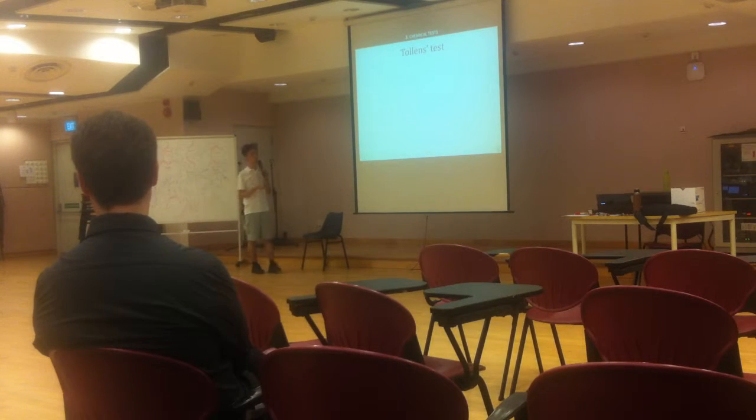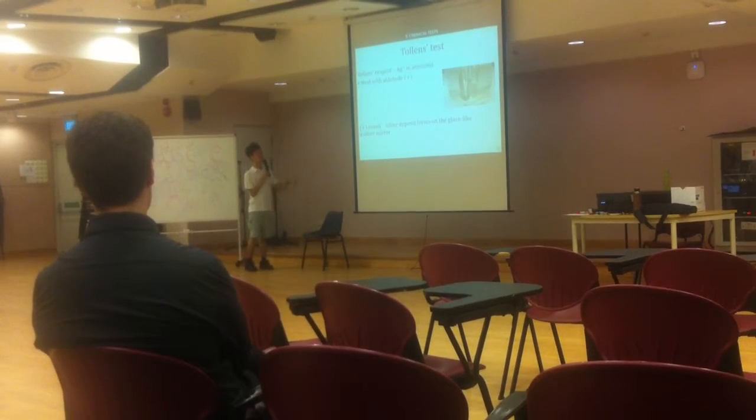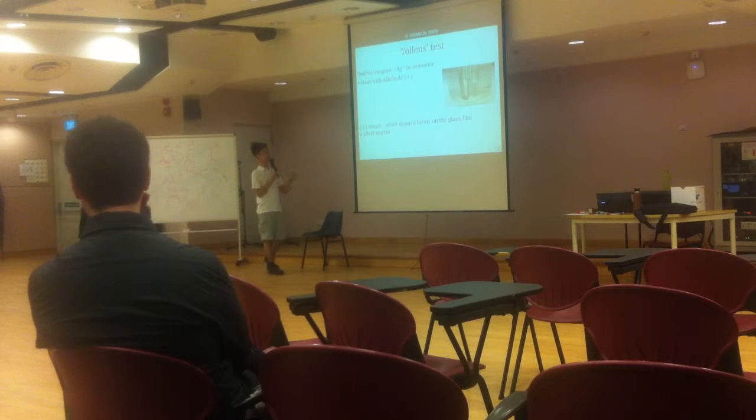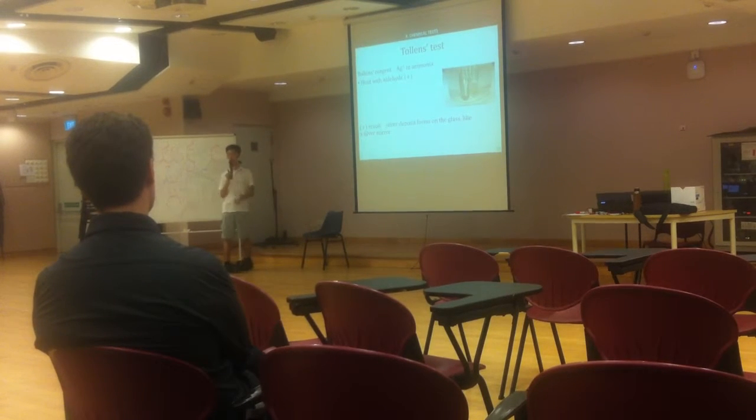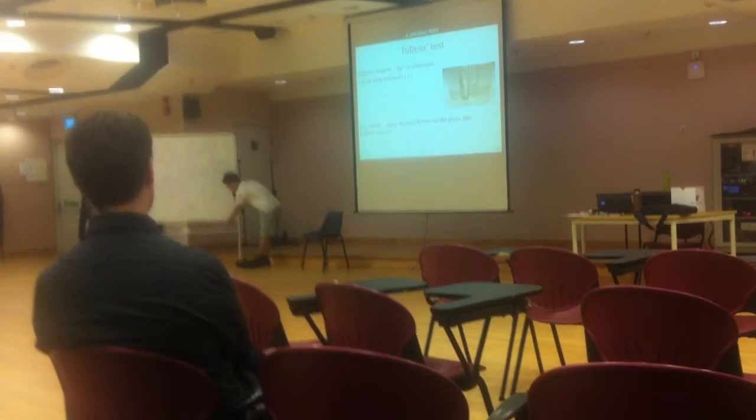Now, Tollens test is very similar, except that Tollens reagent is silver plus and ammonia, and if you heat it with all aldehydes, it will generate a positive test. Any other functional group will generate a negative test. The positive result is the silver deposit forming on the glass test tube, which is the one on the left. The negative test is just a colourless solution. Sometimes if you do it properly, you can see a silver mirror. And in year 5 you will get to do this if you take chem.